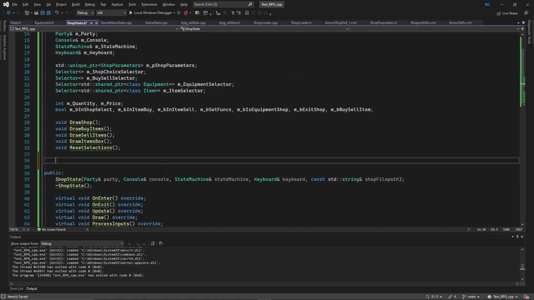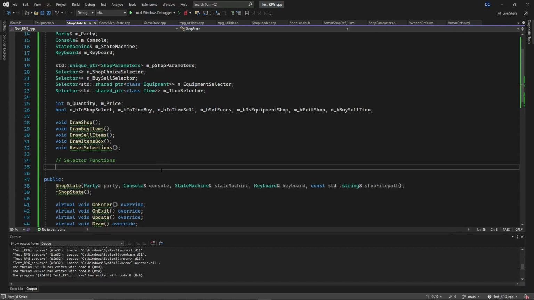So now we're going to have our selector functions, and they're going to be void on shop menu select, and